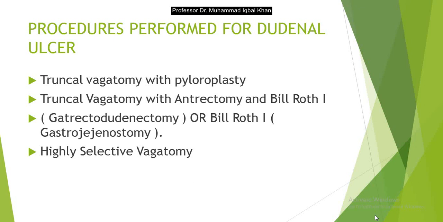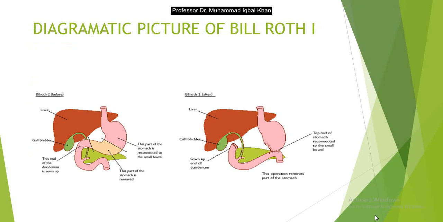And another procedure is a highly selective vagotomy, in which not the whole of the vagus is cut, only the distal supply of the vagus, which is supplying the pylorus area, is cut, which is called highly selective vagotomy. Here you can see the diagrammatic picture of the Billroth 1 procedure, where we can cut the